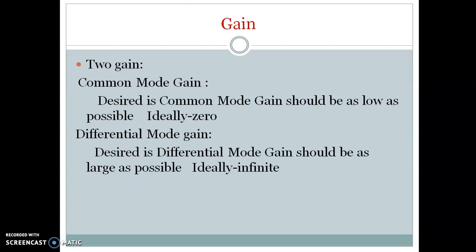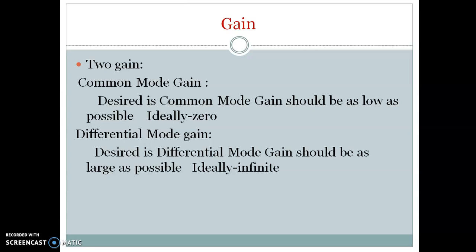Okay. So do you want that to be amplified? No. As per the definition of your differential amplifier, it should amplify only the difference between the two inputs. So the common signal which is available for both the inputs, we need not have much gain for that. So ideally we want common mode gain to be 0. But naturally we will not have it as 0. We will have some values.